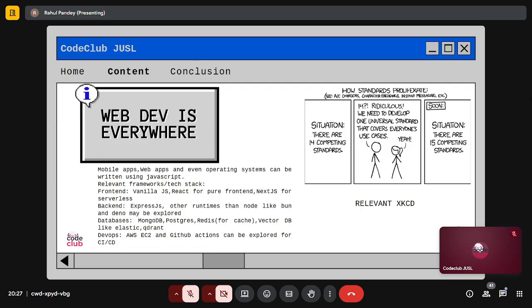The LLM models that you use, how does the LLM model predict what the next word should be? It uses vector databases to figure out what the next word should be, and uses cosine similarity and maybe other formulas to give you the appropriate answers. And then obviously DevOps is not necessary as of now, but when you're going to be hosting your website and doing something else, you can read up on that later.